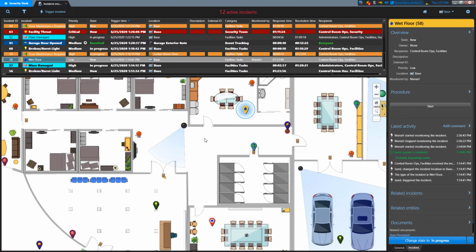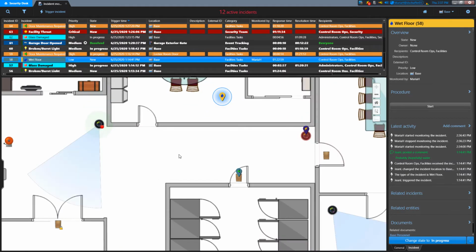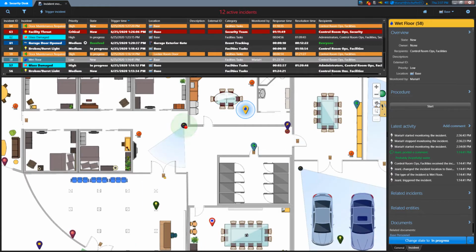The map behaves the same way as it would if you loaded it in a monitoring task tile. Left-click on the background and drag the map to move it, and use the mouse wheel to zoom in and out. You can also use the controls on the side of the map to zoom in and out, return to the home view of that map, and use the Smart Click to turn the PTZ cameras to a location on the map.